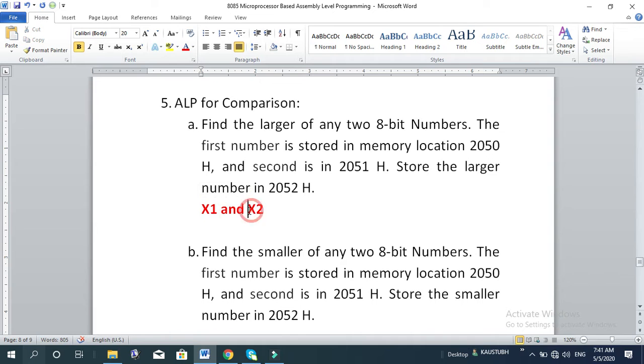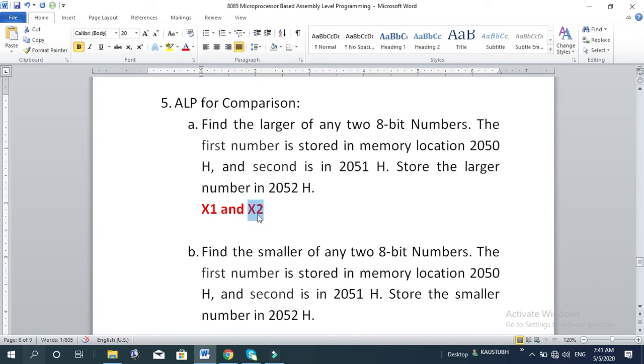Then the second data can be anywhere in a register or in the memory whose address is in the HL register pair, or it can be immediate data, but since it is a modular program, we'll avoid that immediate data. Okay, so then we'll use the comparing instruction. After the comparing instruction, since I assume that these two are not equal, the result may be either positive or negative. If positive, the carry flag will not be affected. I mean, the carry flag will remain 0. If